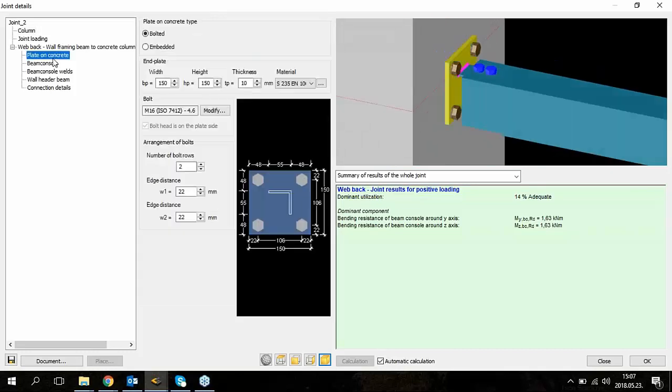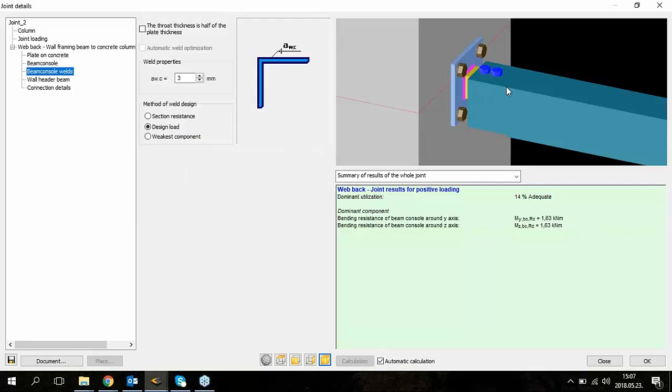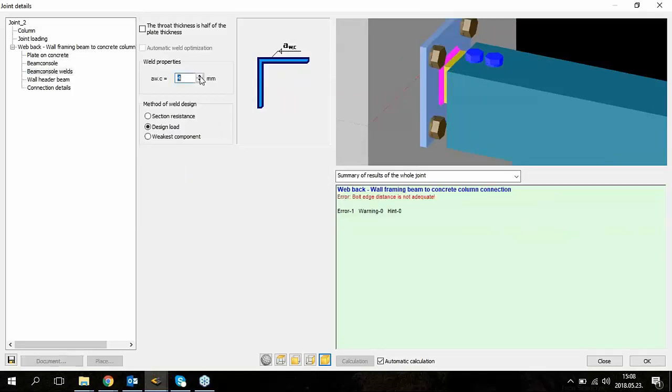Okay, and we can choose if you want to apply an embedded or a bolted plate on the concrete. We can modify the beam console, it's the L profile. We can basically change the section of it, and we can turn it by 90 degrees. Okay, we have the welds for this L section,